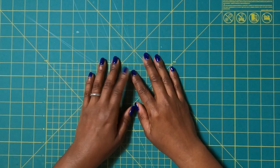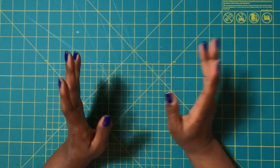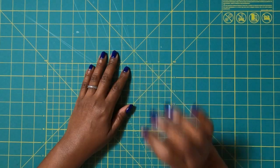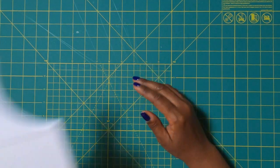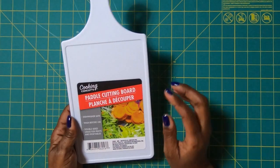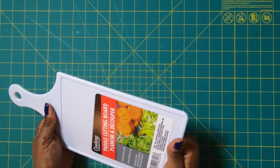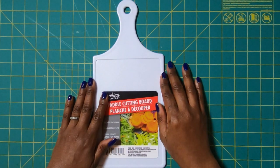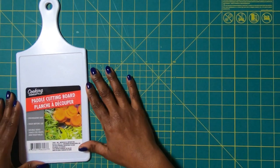So you guys know that I love a good challenge, and my sister Denise is notorious for bringing me things and challenging me to come up with something really creative. And that's exactly the origin of today's project. It all started with this Dollar Tree cutting board. It's actually pretty sturdy. I had never seen these before, but it's a very hard plastic material, perfect for crafting on. So, challenge accepted. And guys, here is the before,